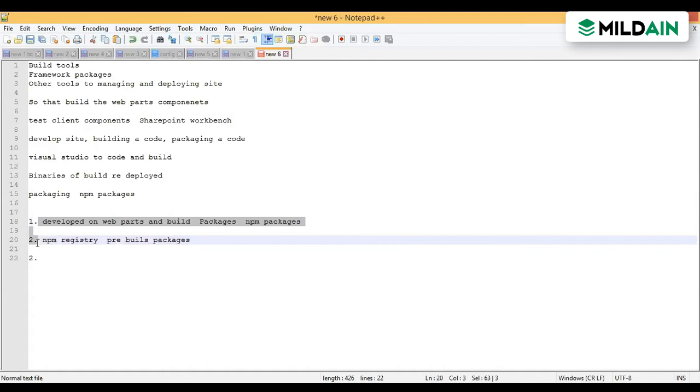The other thing is the npm registry, which has pre-built packages. So what we are doing, we are downloading these packages and then making changes as per our requirement.